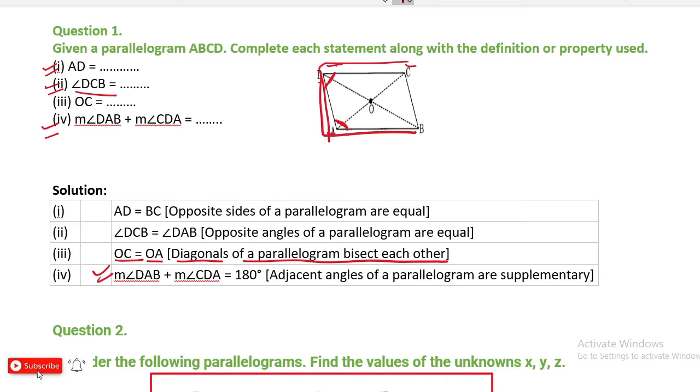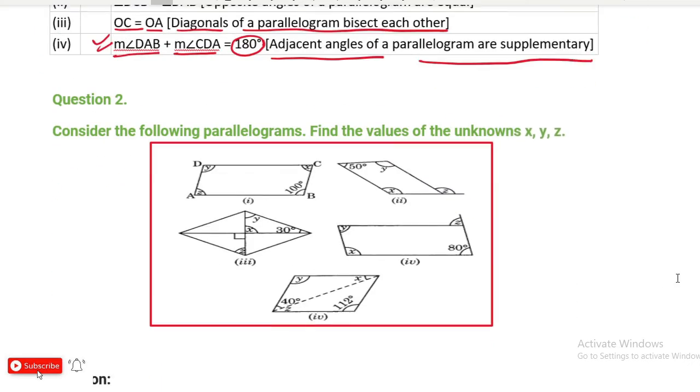Here, the measurement of angle DAB plus the measurement of angle CDA is equal to 180. Why? Because adjacent angles of a parallelogram are supplementary. Now the next question, question number 2, says that